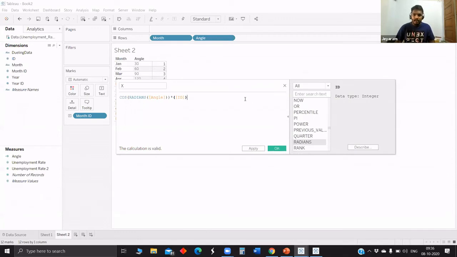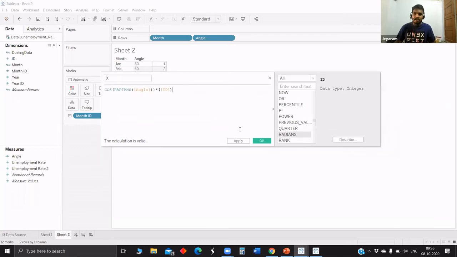Is it clear, or should I explain more about the x coordinate, or shall I continue? Any doubts? The ID is changing per month or per year? It's a unique ID per month and year. Basically, it's what I showed first, from 1 to 504. Okay, so it's basically a serial order from the start. Yeah, sequential order, exactly.